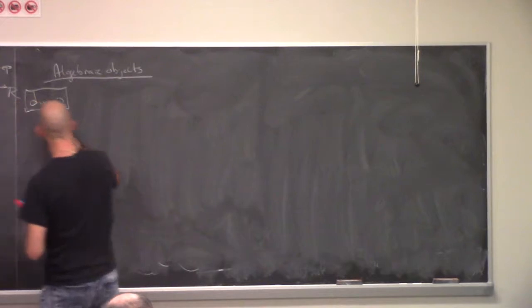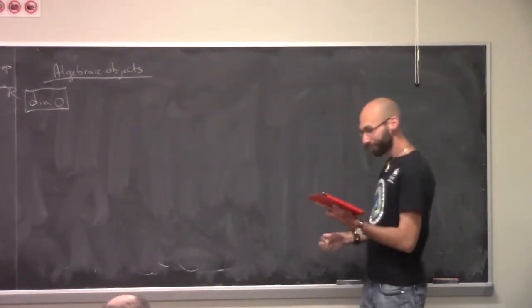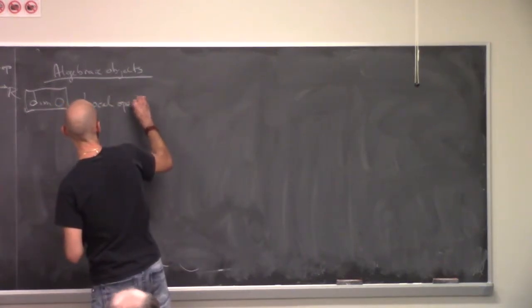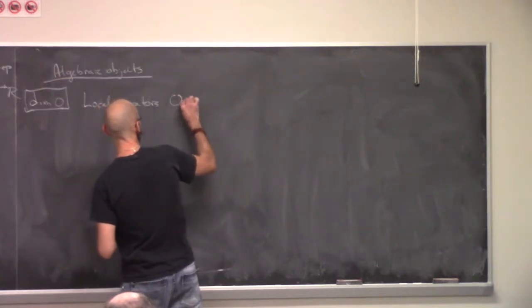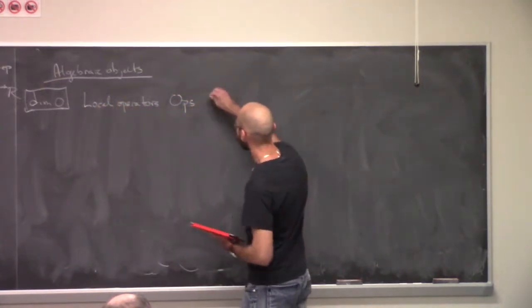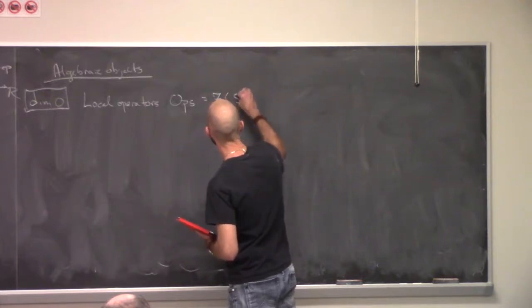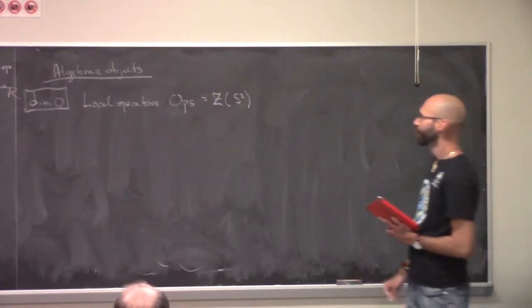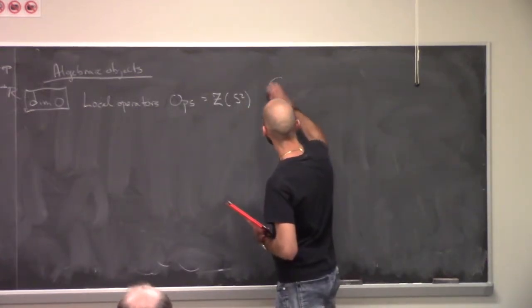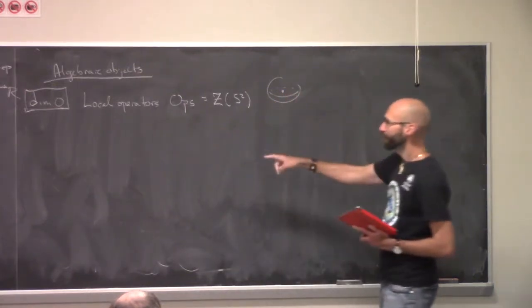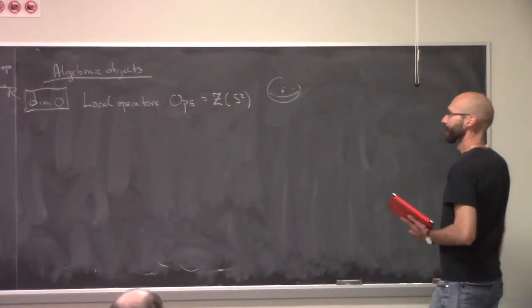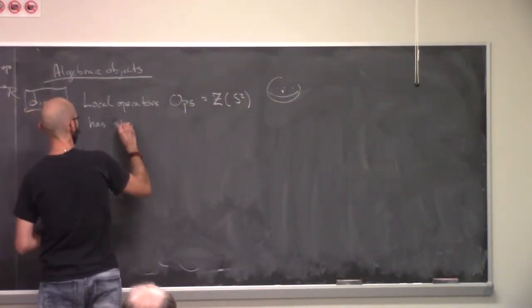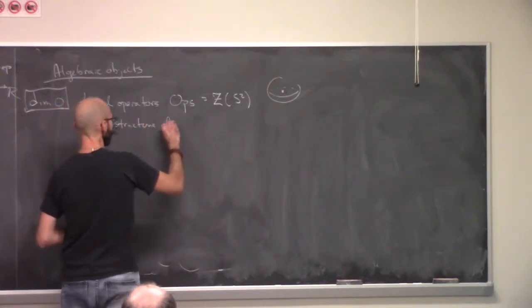In dimension 0, by which I mean physically operators of dimension 0, in other words, local operators, this is the thing that in TQFT formalism, the TQFT assigns to the two-sphere. It's the two-sphere because S2 is the link of a point, which is where the local operator sits. So this has the structure of an E3 algebra.